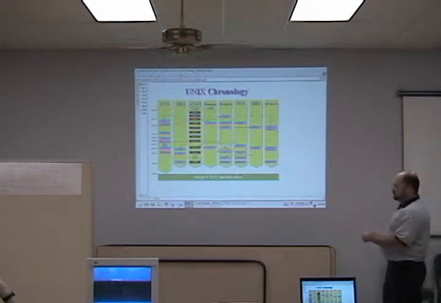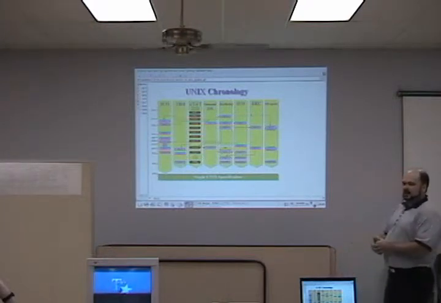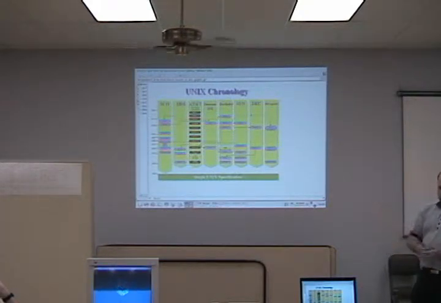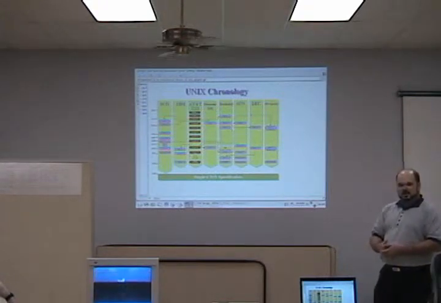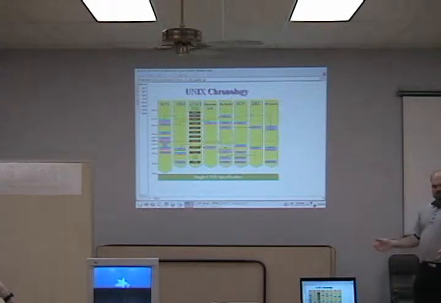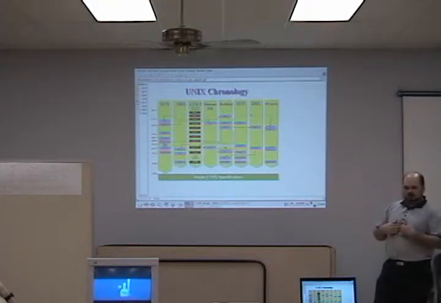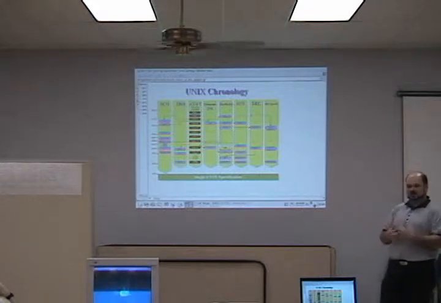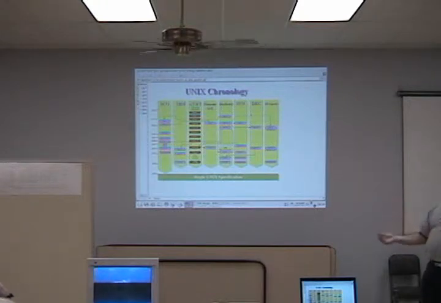Along about this time, a gentleman over in Sweden, Finland, someplace over there, said, you know, I want to write an operating system. His name was Linus Torvalds. And he wrote the beginnings of an operating system, posted it on, I believe, Usenet. It's kind of a news group. And a lot of other people saw what he was doing and said, hey, this is kind of neat. This is an open source version of the operating system, something we truly have. I can go buy SCO, but I can't get the source code myself to modify. I can go buy AIX, and I can't get the source code to modify. I like the version of the operating system I can modify. That's free for use. So he wrote this thing up from scratch, called it Linux, released it to the world,